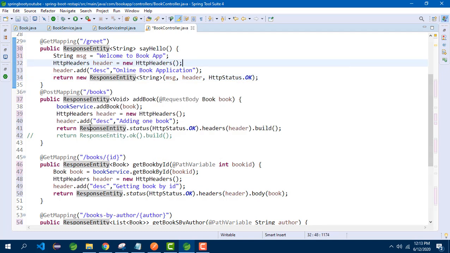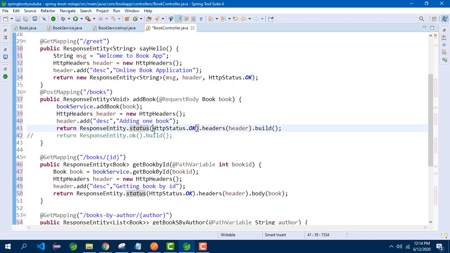If you are using the static method of response entity, if you don't have a header, you can directly call the appropriate static method of the status code like dot OK, dot accepted, dot bad request, dot not found, within which you can pass the body content. If you don't have a body content, then directly you can call the build method, which says that the response entity has void body content, that is, no body content.